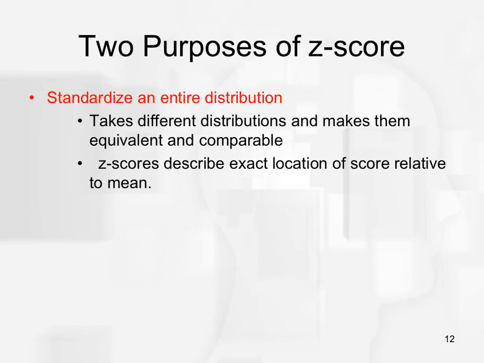All right, so just to wrap up, I just want you to remember this. I also want to remember it. That when you standardize an entire distribution, what that means is you're going to take two different distributions and make them equivalent and comparable. So that's one thing that's really important about using the z-score. And the other thing that is really important is that the z-score describes the exact location of the score relative